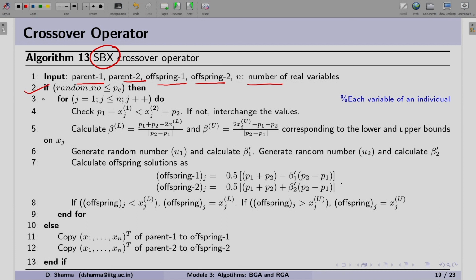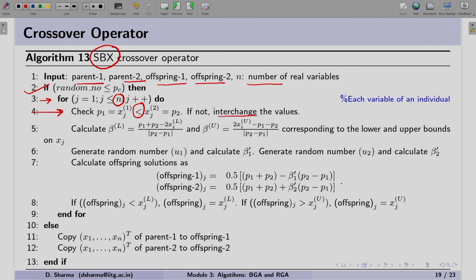Now looking at step 3, assuming that yes we are performing the crossover, we have a for loop on the number of variables. Step 4 is important because, as we discussed earlier, parent 1 should be smaller than parent 2. You can see this condition here. If it is there, it is fine. If it is not, then we have to interchange the values.